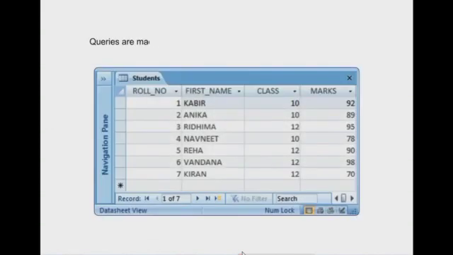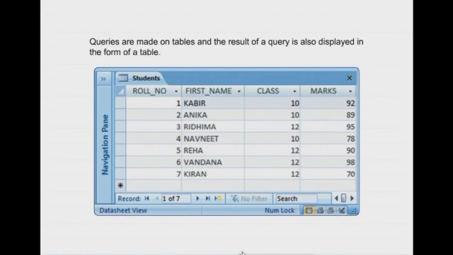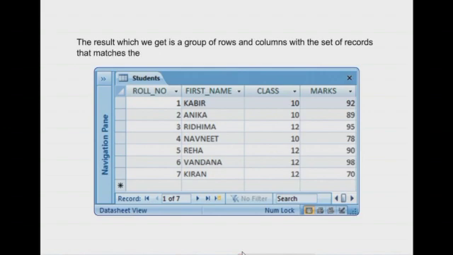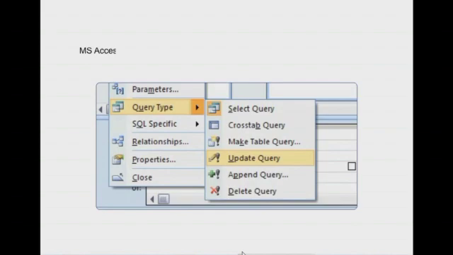Queries are made on tables and the result of a query is also displayed in the form of a table. The result which you get is a group of rows and columns with the set of records that matches the given condition. MS Access provides various types of queries: select, parameter, crosstab, action query and SQL query.